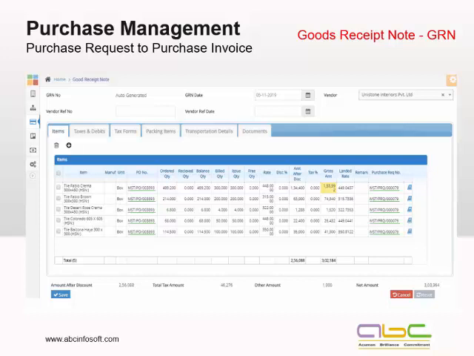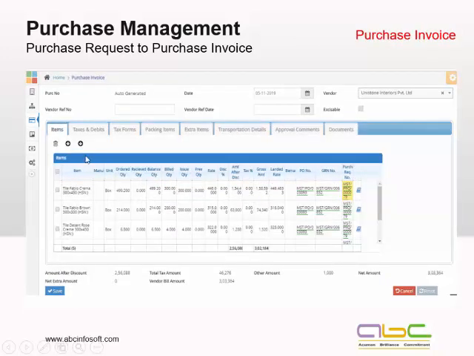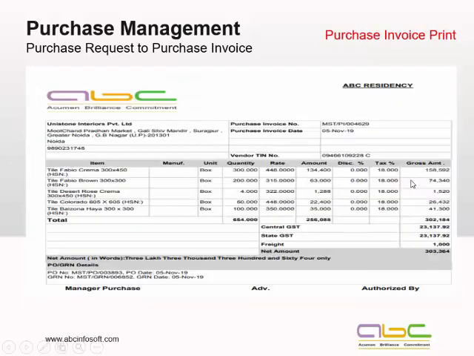In some cases, we can have an item tolerance. Let's say for transport and other things, we can give a tolerance for a certain percentage. But otherwise, if we've given 1,000 quantity, the system will not allow receiving more than 1,000 under any condition. In case we want it, we have to update the purchase order or make a new purchase order. Along with this, whenever we're generating an invoice, the system will pick all my GRNs, all my purchase order details and the purchase request number. So it would all be tracked one by one.